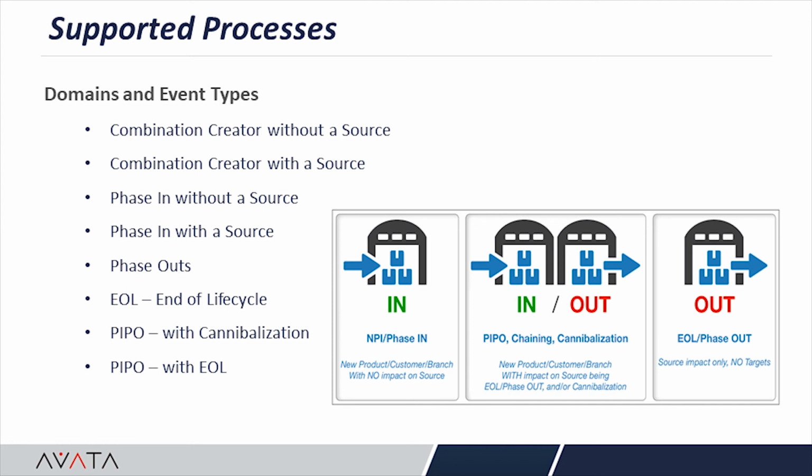This might be make item A's forecast 0 starting 4 months from now, or it might be more complex, like put item A's forecast on new item B, but only 60% of it, and also reduce A's forecast and history by 35%, and keep doing this until B is in a steady state. So an event is really just a set of criteria defining how to move and treat data in the model. DLM has several predefined event types. These really act as guides for what is required as input to accomplish a DLM goal. So let's define these a little bit tighter.